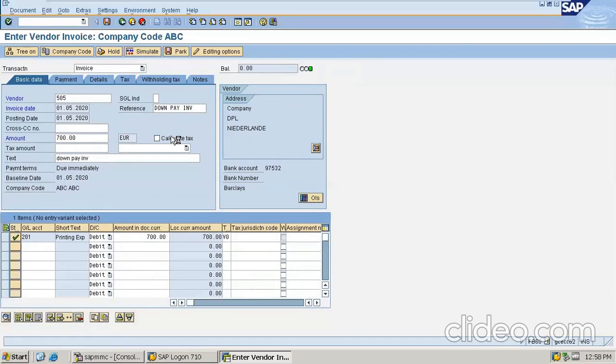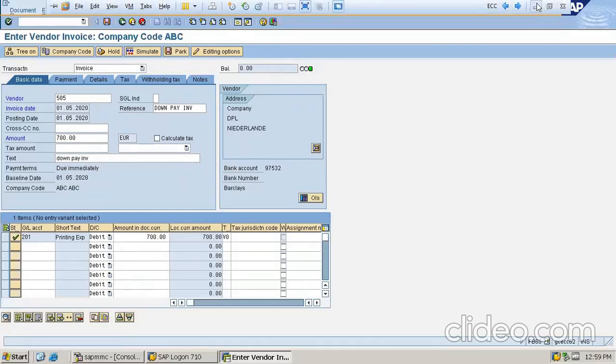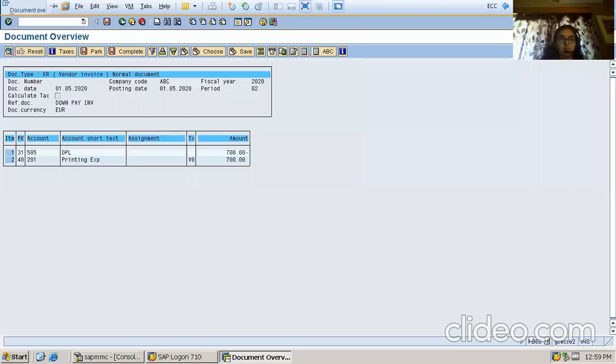Now, simulating, the accounting document would appear on the screen. It is taking a bit of time. Yes, the accounting document has got populated, and as expected, printing expenses debit to vendor.